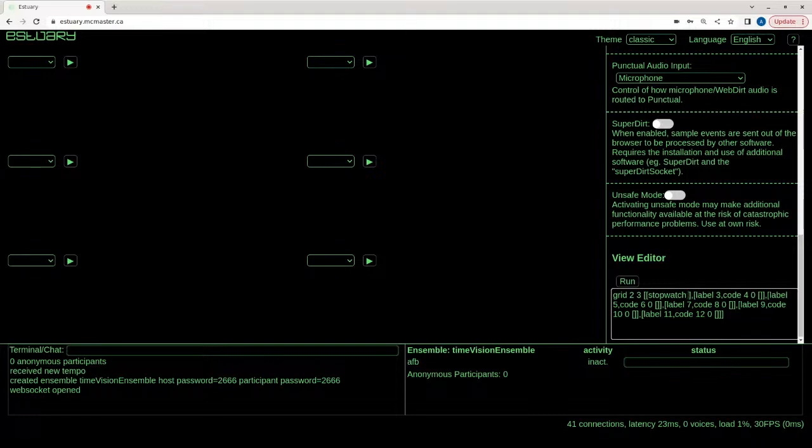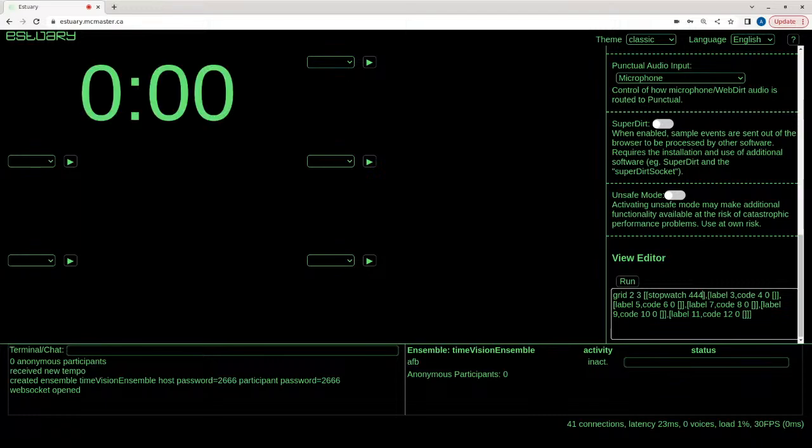The stopwatch is invoked with the function stopwatch, and you have to provide it a zone index. I will just provide that one. So this is very easy to see. If you hover over these